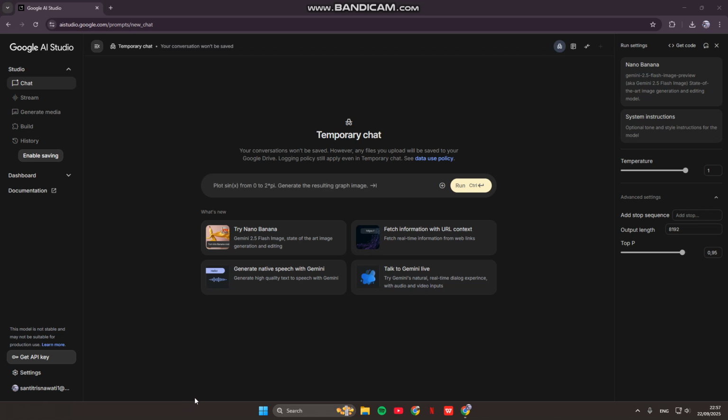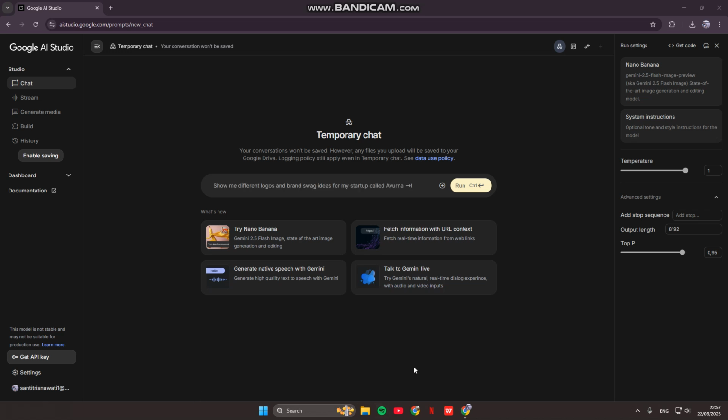So on today's tutorial, I'm going to show you how you can take Polaroid photos of celebrities using Nano Banana AI. If you want to create Polaroid style photos of your favorite celebrities using AI, here I'm going to show you step by step on how you can use Nano Banana AI to generate the viral Polaroid edits that look aesthetic, retro, and super shareable. So what you need to do is just open Nano Banana using Google AI Studio,